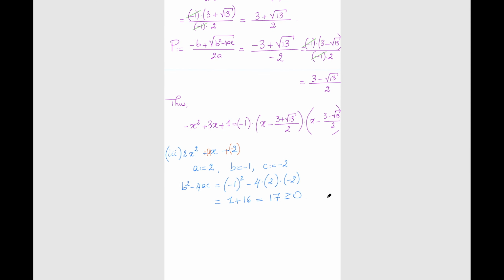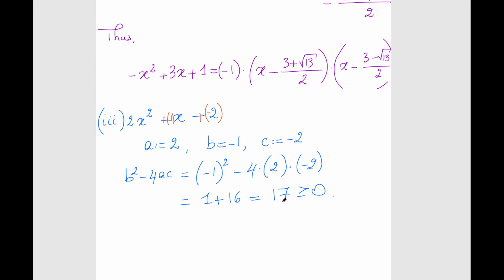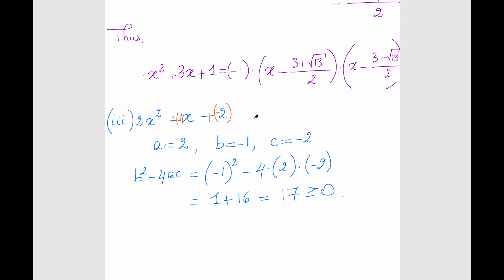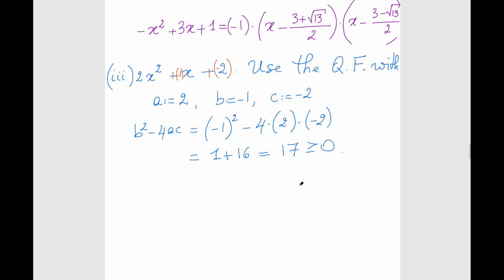And as such, the quadratic formula is applicable. You can apply it, right? All right, let's just say it then. So we use the quadratic formula, QF for quadratic formula, with these choices. Okay. And then the only thing that's missing, again, I'm doing it slightly quicker because we've done a couple of